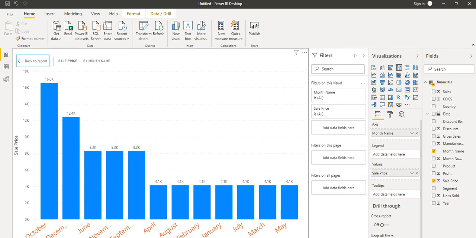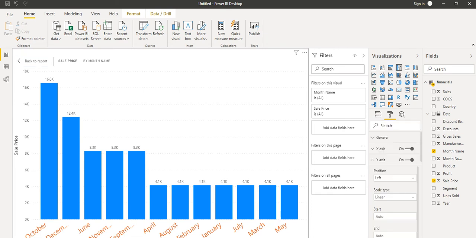And even if we want to change this name, sales price by name, we can also change it from here. Let's minimize it, just click outside and it will minimize. Let's see how other things we can change for this chart.